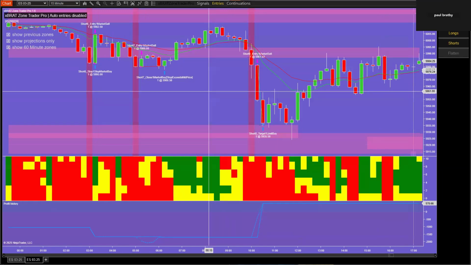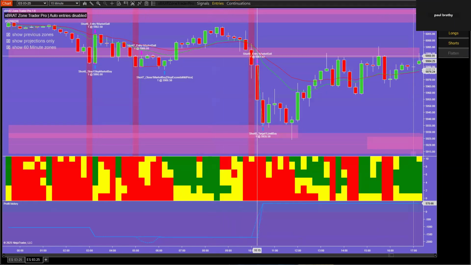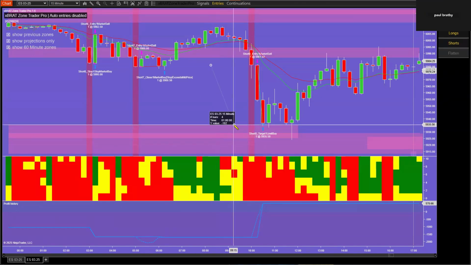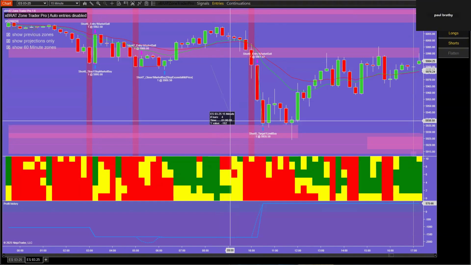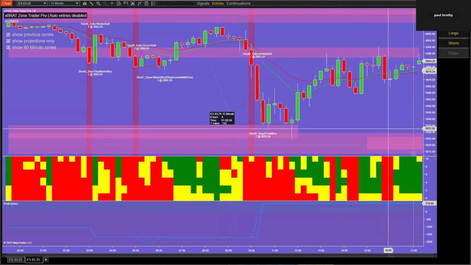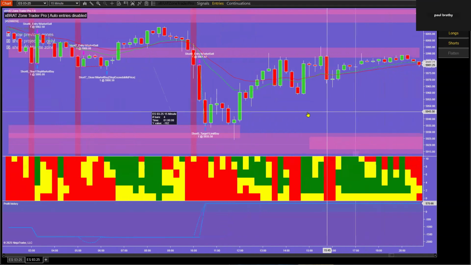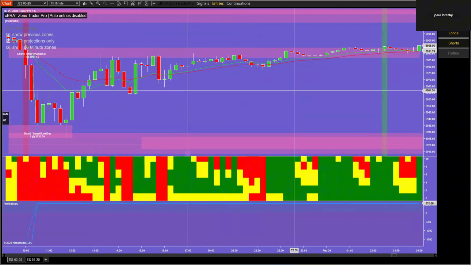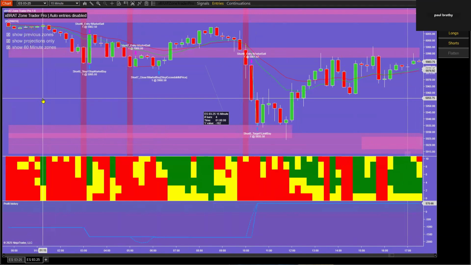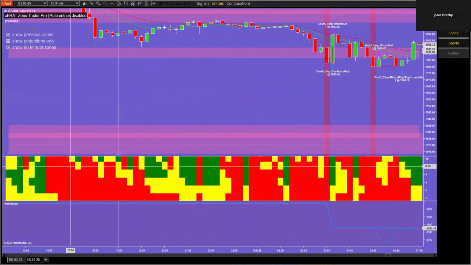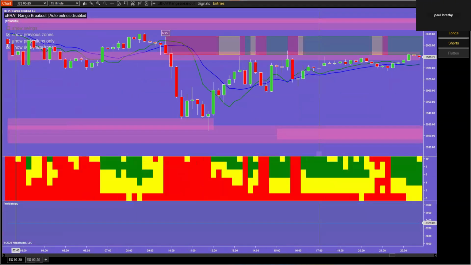But getting that additional Zone Trader Pro moves gives us more. You know, whatever this move was, what was this move? Let's measure it, shall we? 182 ticks. That's not bad. That's not bad. Yes, Zone Trader Pro is particularly suited to those US indexes. Okay. So any questions